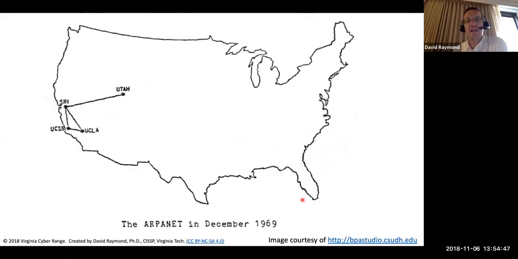So, a quick history lesson: ARPANET, back in December 1969. This is when this thing was first created, again funded by ARPA. There were 3 colleges in California and 1 college in Utah. Each one of these locations had smaller scale networks, right? They all had small local area networks with a couple of large computers. Back then computers filled a room instead of fitting in your pocket. But they were able to communicate between computer systems at their location.